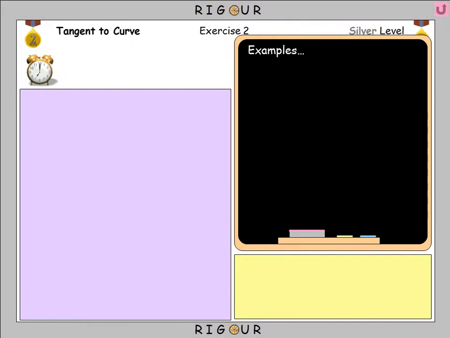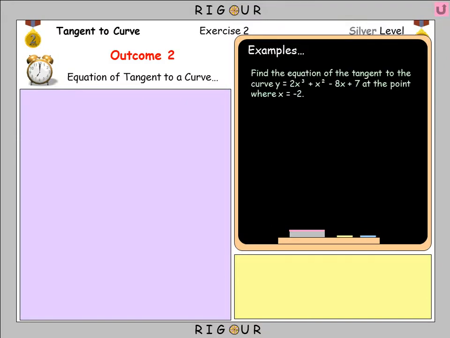So let's progress this a little step further. We're now going to look at the equation of the tangent to a curve. So this time we have to find the equation of the tangent to the curve y equals 2x cubed plus 8x squared minus 8x plus 7 at the point where x equals minus 2. So this is the standard exam question, and it will be worth 4 marks as there's